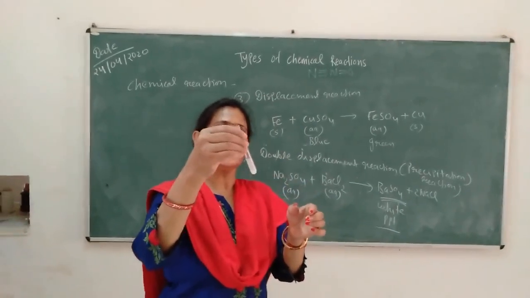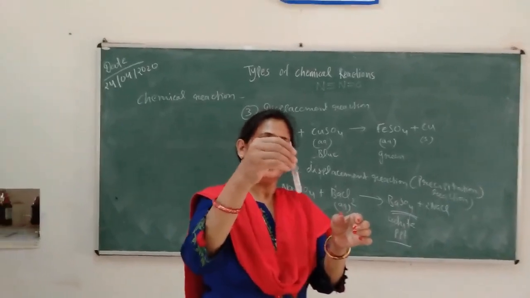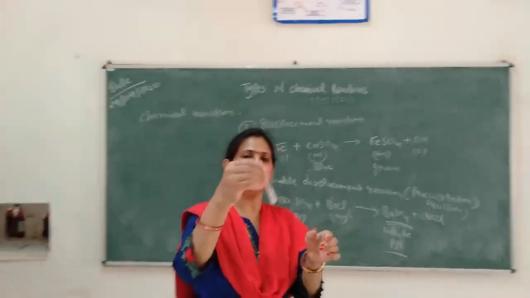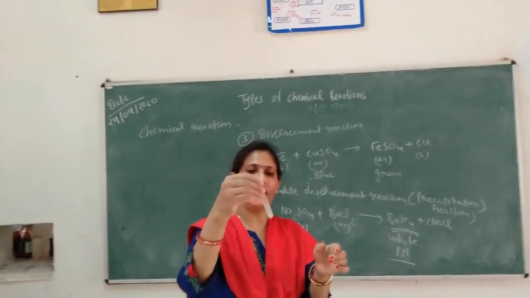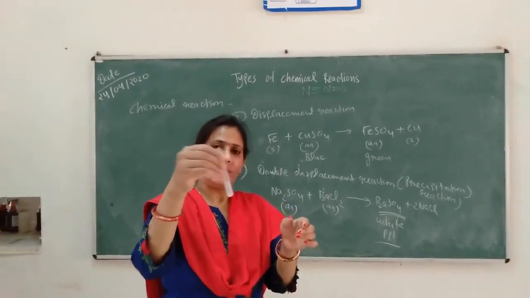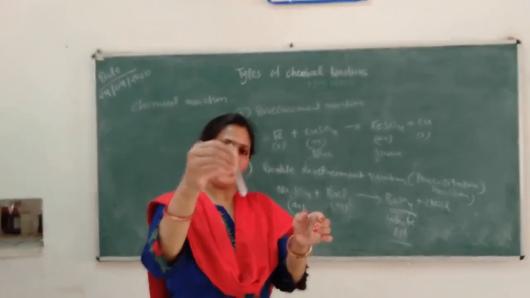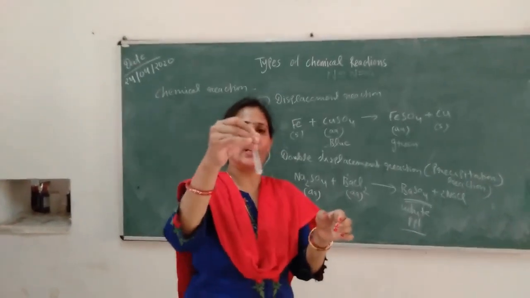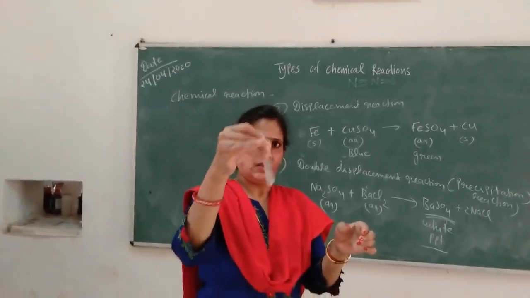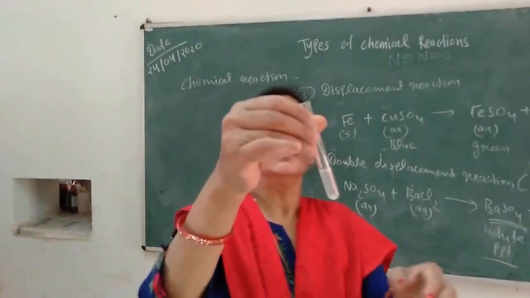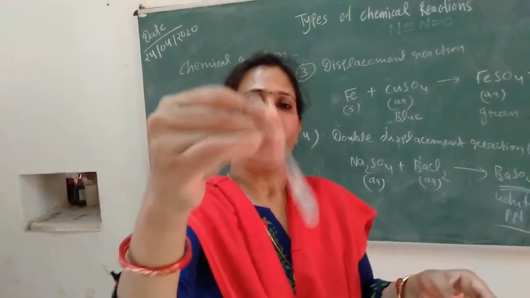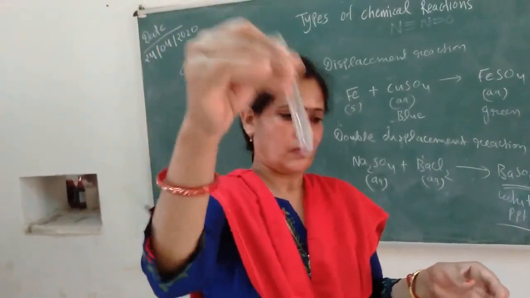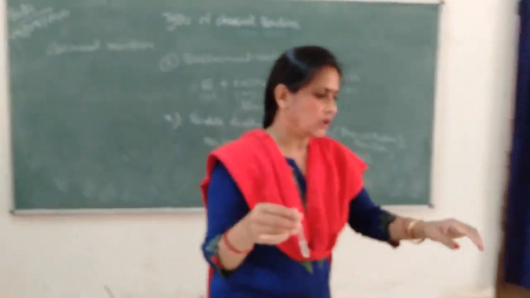Since this sodium sulfate is water soluble, after dissolving it in water we obtain a clear solution of sodium sulfate. You can see we obtain a clear solution of sodium sulfate. Okay, then next,